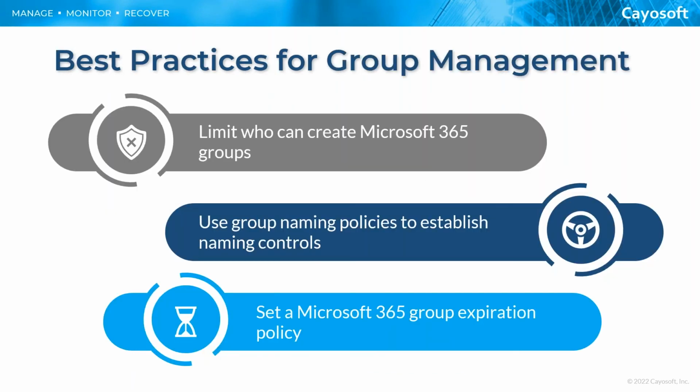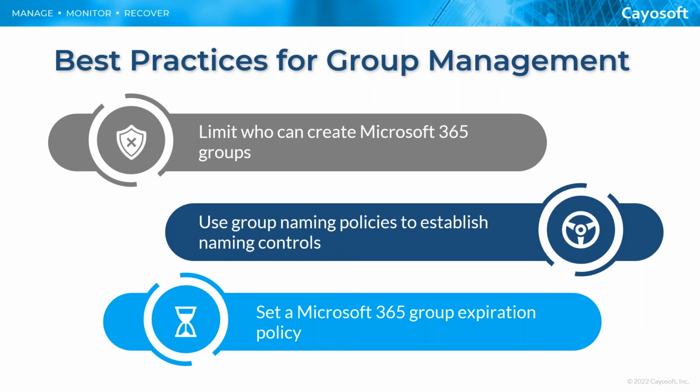So this raises the question of what are some best practices for group management? How can we rein in that group proliferation and keep it from being so bad? Well, as I mentioned a moment ago, this is one of those things that's really, really tough to accomplish, especially if your groups are already out of control. Unfortunately, a lot of times the best fix without going to a third-party solution is just a lot of time and hard work invested. And even at that, it can be extremely challenging to rein in that group proliferation. What you can do, however, is you can put some controls in place to help keep your groups from spiraling out of control or to keep the damage from getting worse.